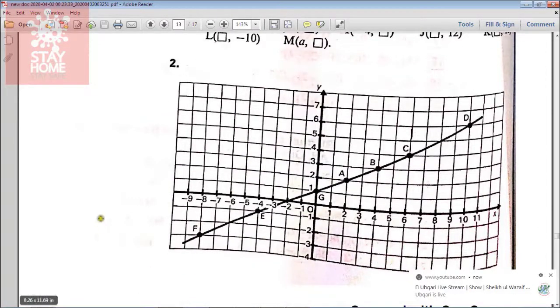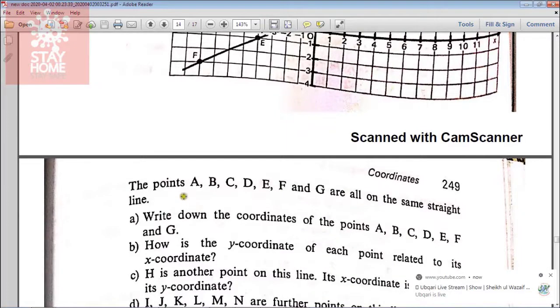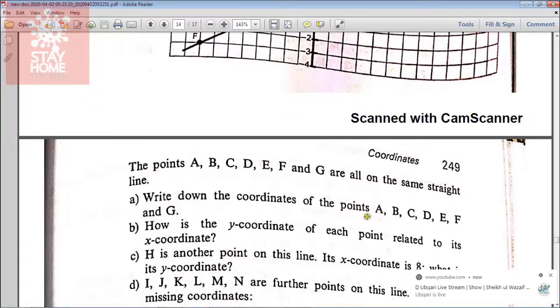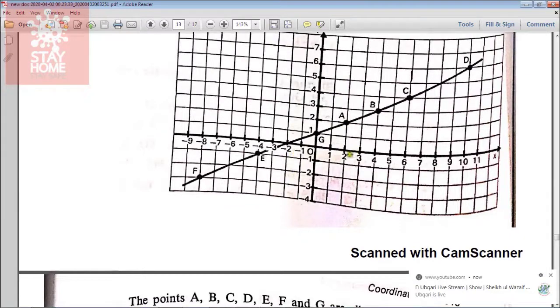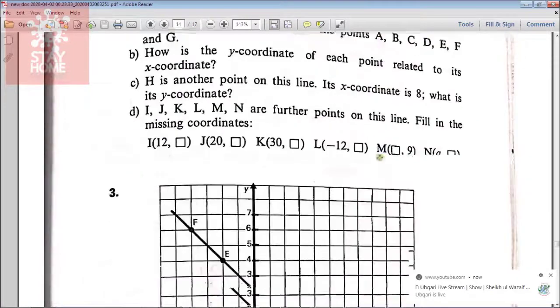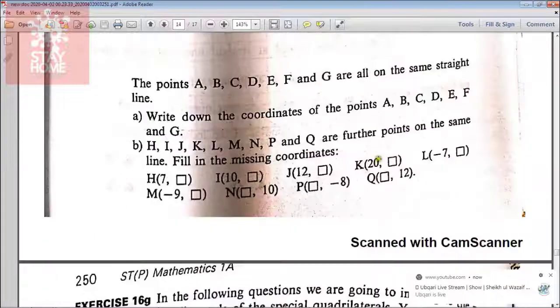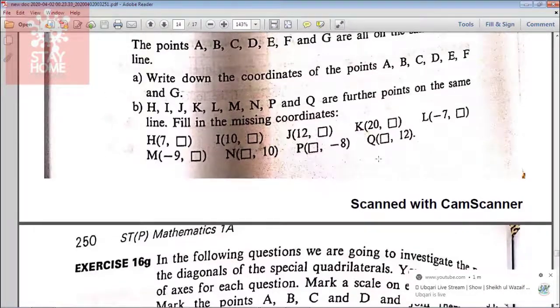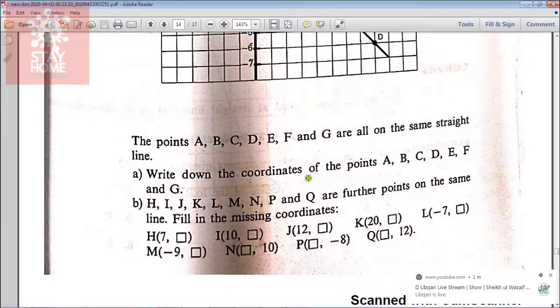Okay, now question number 2. A, B, C, D, E and F. Similar questions. Points A, B, C are all on the same straight line. Write down the coordinates of points A, B, C, D. You need to write A is equal to 2, 2. B is 4, 3. C is 6, 4, like this. So the next ones are all similar. So easy exercise. Let's solve it,